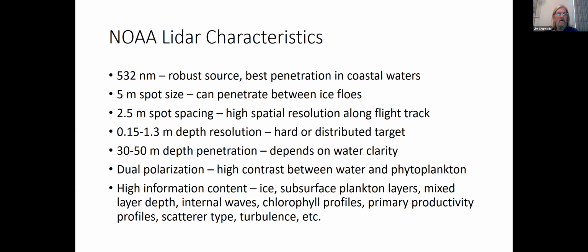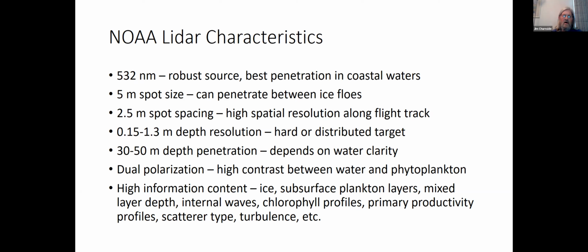A hard target, the surface, the bottom, a fish, a whale, returns the pulse shape that was sent out. And so we can do a deconvolution or just look at the peak and get good depth resolution. If we have a distributed target like a plankton swarm, then it smears it out and we get about 1.3 meter depth resolution within that swarm.